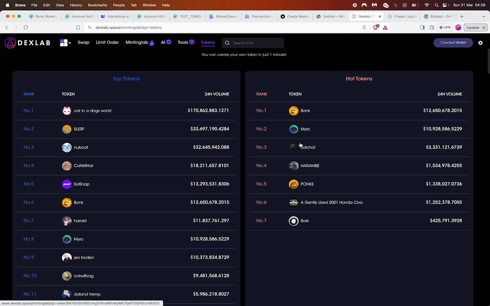But the problem with using DexLab is that it's not cheap. Sometimes I think to create the token it's like 0.1 SOL or something, but if you do it programmatically it's like 0.01. So you save yourself, how much is that, maybe $20, $30, $40. It also gives you more control over creating your own token, and it's much cheaper